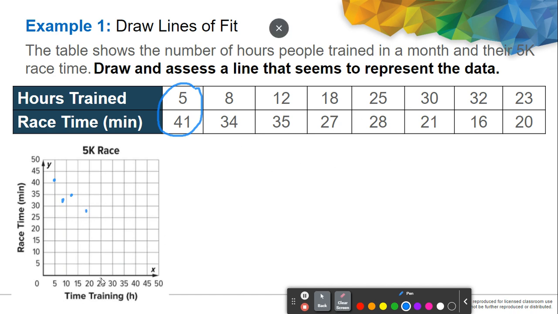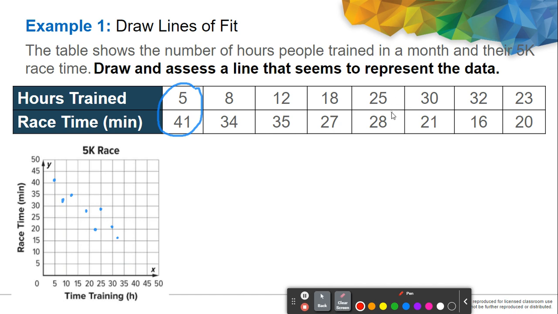25 and 28, it's almost 30, so it's here. Okay, 30 and 21. So 21 is here. So 32 and 16 will be somewhere here. We have 23 and 20. So 23 is here in the middle and 20 will be in here. Okay, so after you plot your data points in your scatter plot, we are now ready to draw